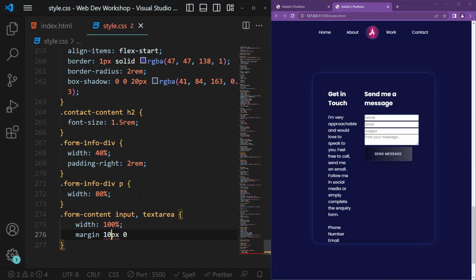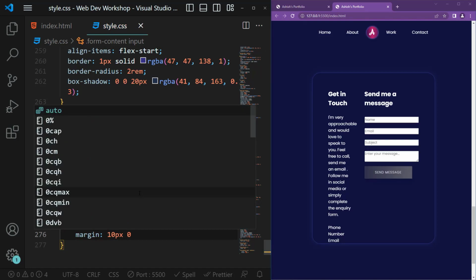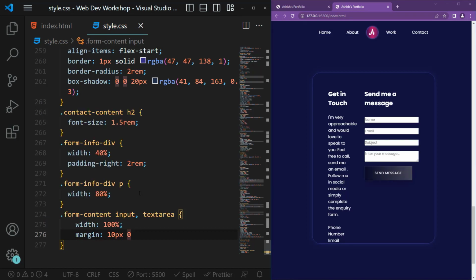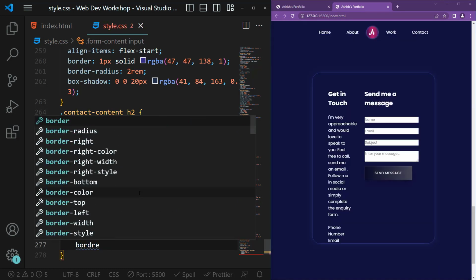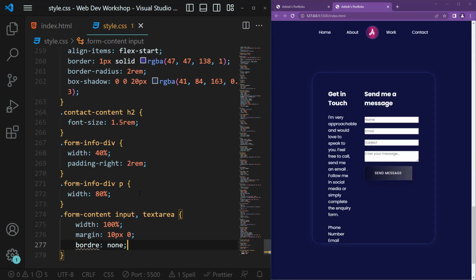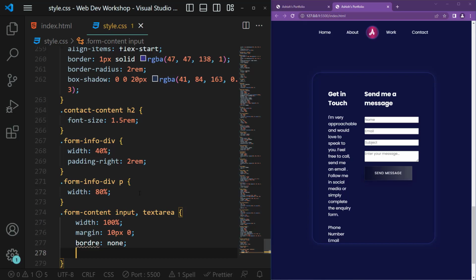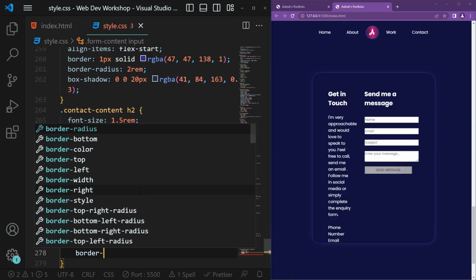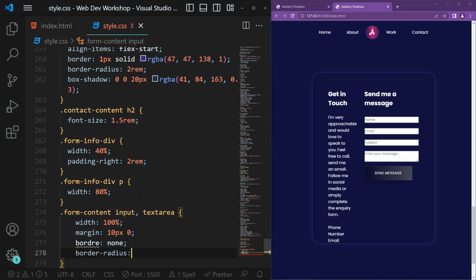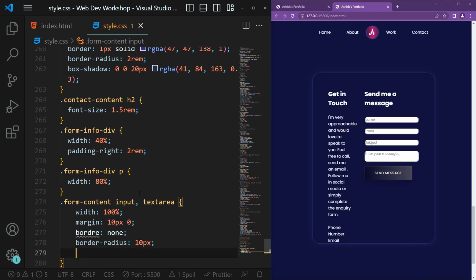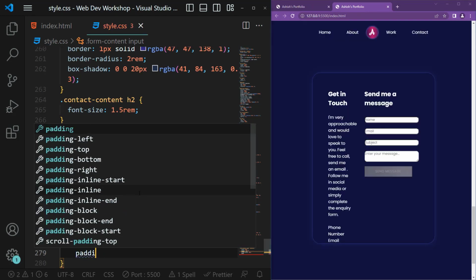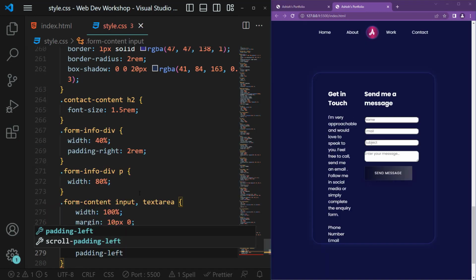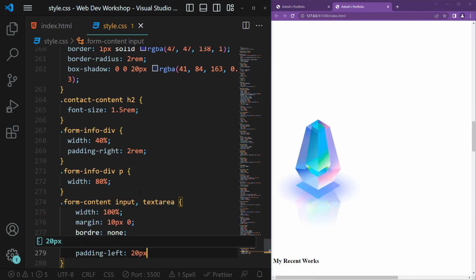So basically top and bottom margin to be 10px and the left and right margin to be 0. We want the border to be none. We want the border radius to be 10 pixels, we want padding left to 20 pixels,